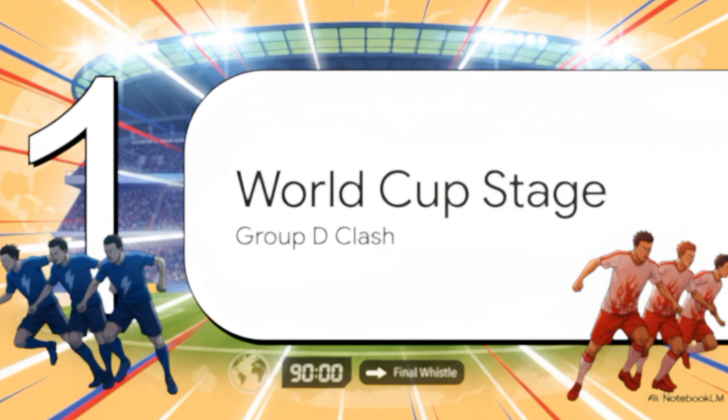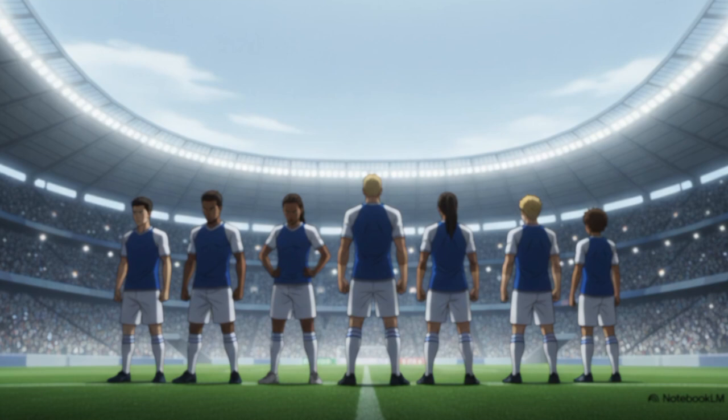The World Cup stage. A pivotal Group D clash. Look, the result of this 90-minute battle is going to completely shape the future of this tournament for both of these squads. Honestly, everything changes after tonight. Before a single ball is even kicked, you're going to feel the weight of the moment. When those national anthems echo through the stadium, total goosebumps. Millions are watching your every move. But listen, once that music stops, the emotion has got to immediately shift into cold, hard execution. The stage is set, time to go to work.